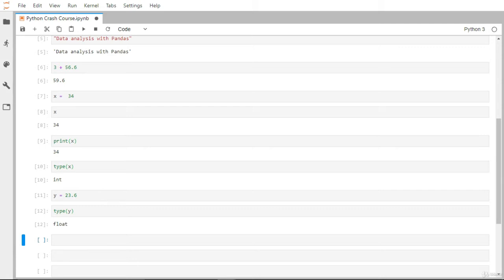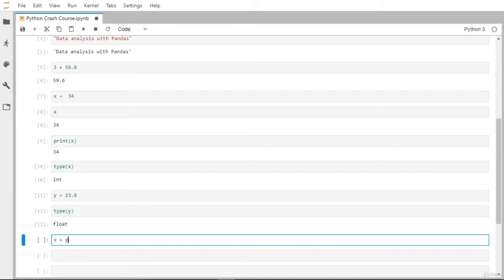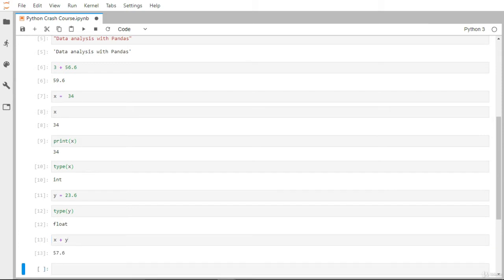So now y is a float. Now instead of calculating this way, you can even apply x plus y. So now we have x equal to 34 and y equal to 23.6. If I execute it, it will return the addition of x and y. Let me create some more cells.